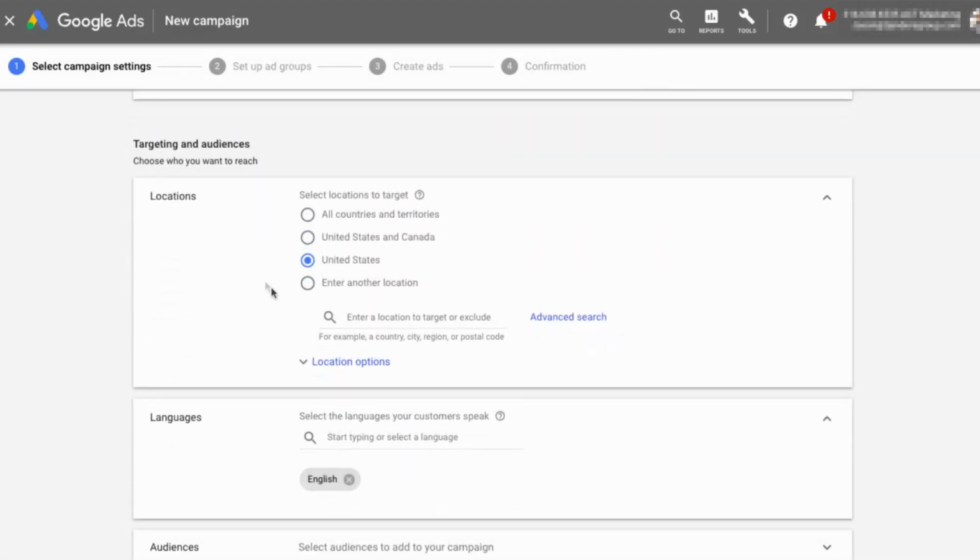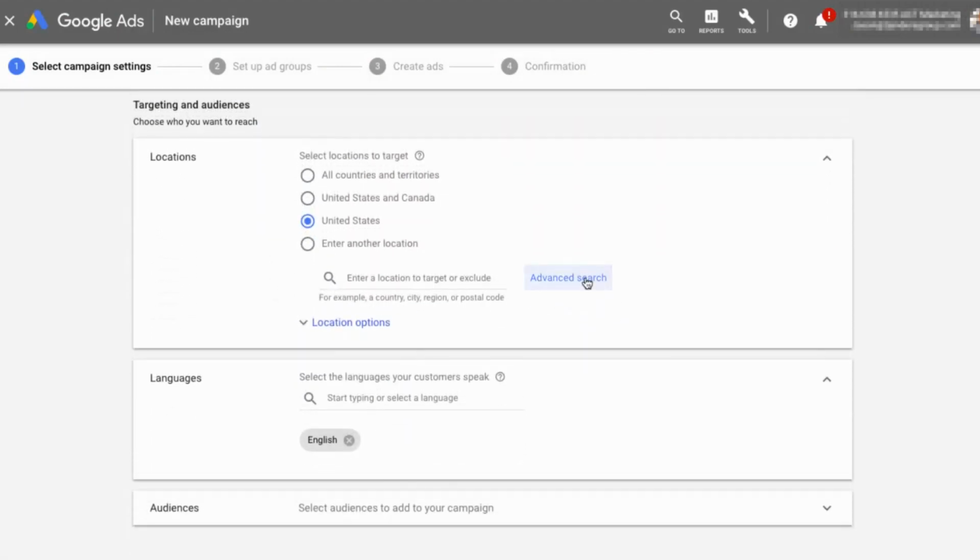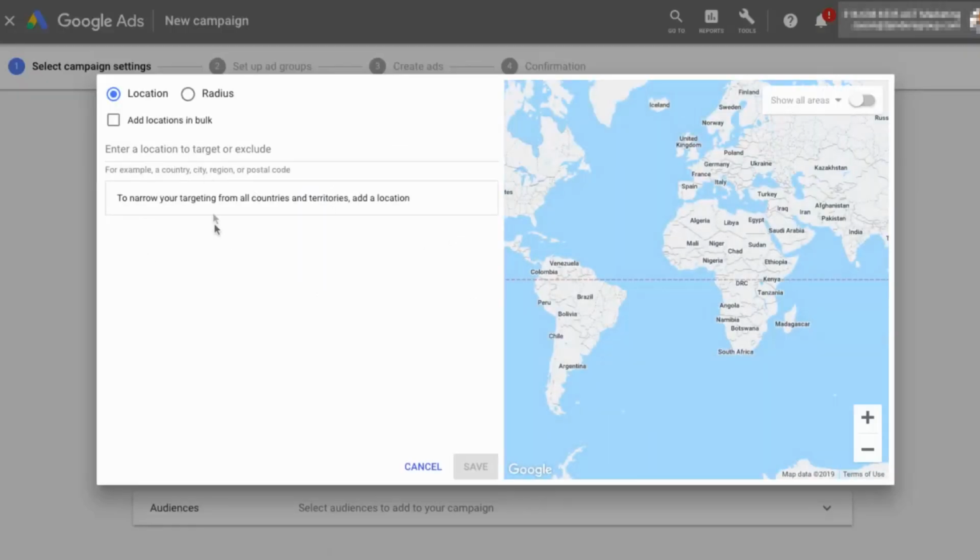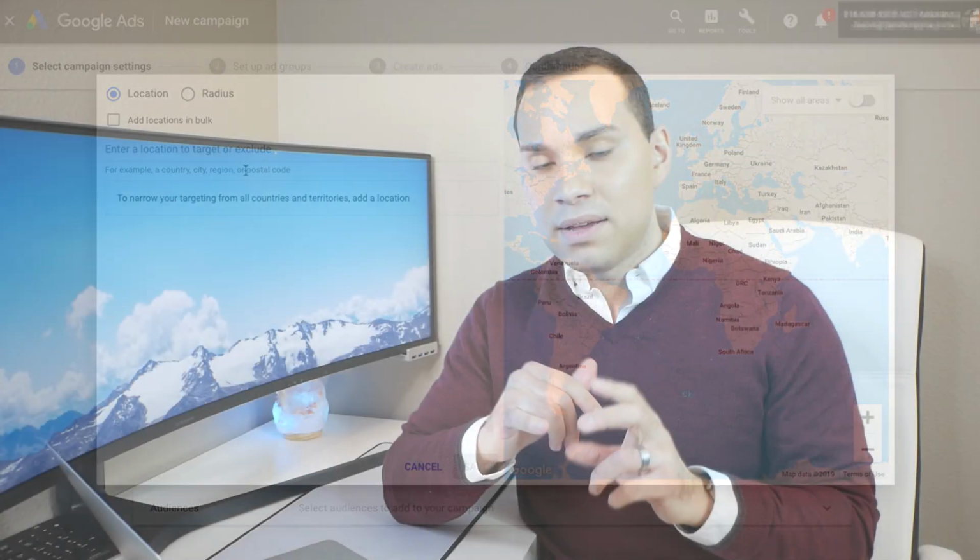And now for targeting. We'll go ahead and click on advanced search. What you can do is start typing in the specific cities around your business that you want to target. Then you can also target by neighborhood, and you can also target by zip code. You want to be very, very thorough here. Even though on the map it's going to overlap quite a bit, you'll find after a couple of months of running campaigns that a specific zip code does better than other ones, or a specific neighborhood does better than other ones.